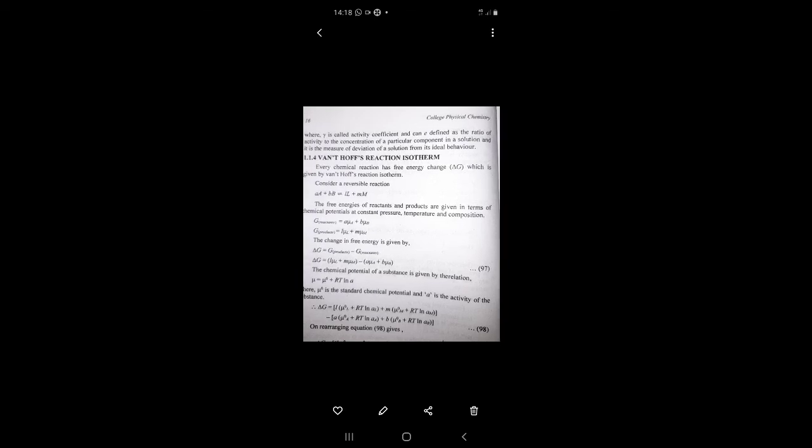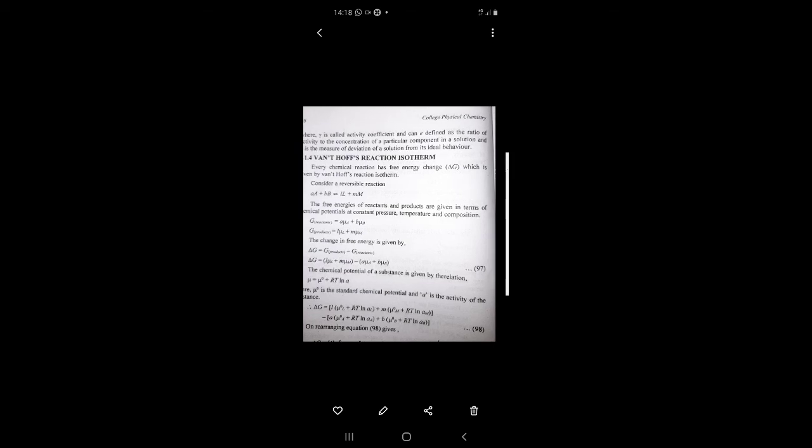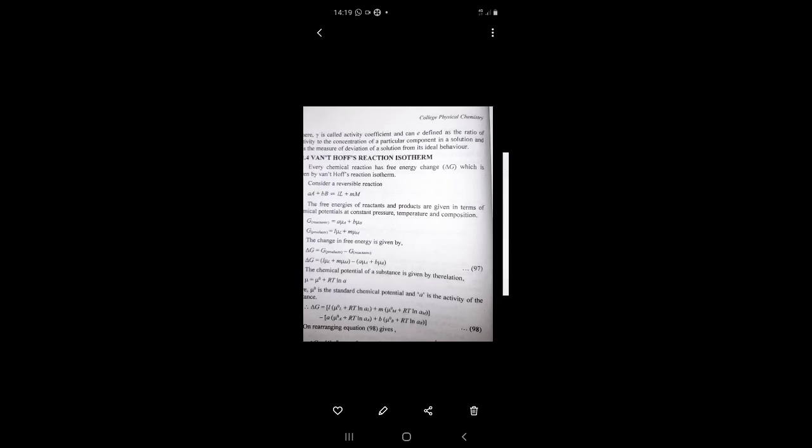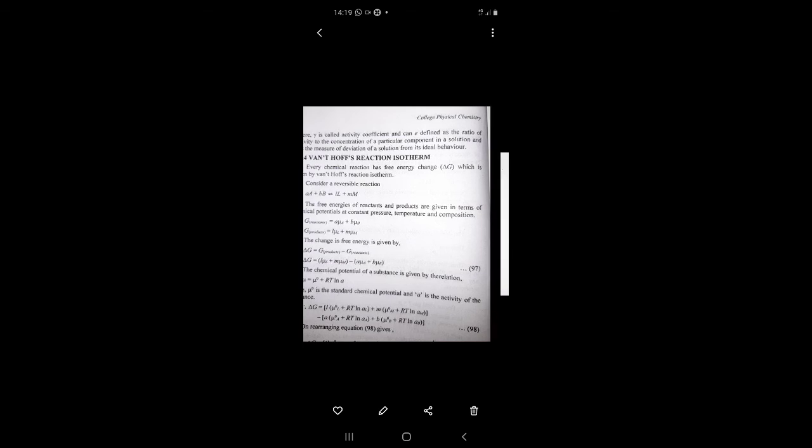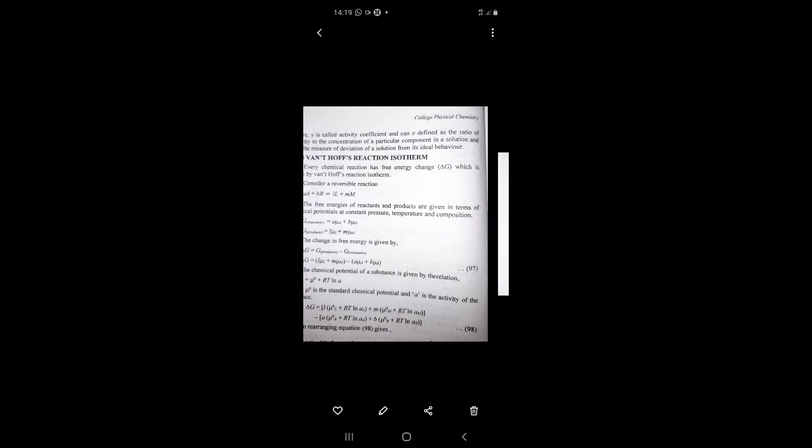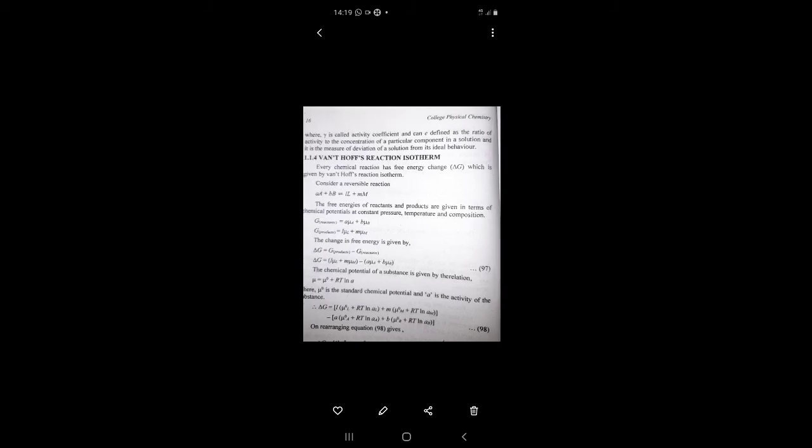We have reactions which are reversible. What is a reversible reaction? Those reactions go in forward as well as backward directions. That means, in another way we can say, in those reactions where reactants are converted into products, at the same time if we change the condition, product again converts into reactant. So the forward reaction is where reactant converts into product, and the backward reaction is where product converts into reactant.